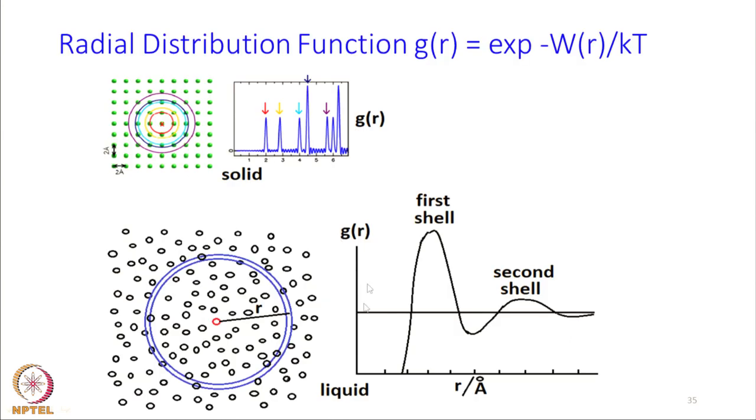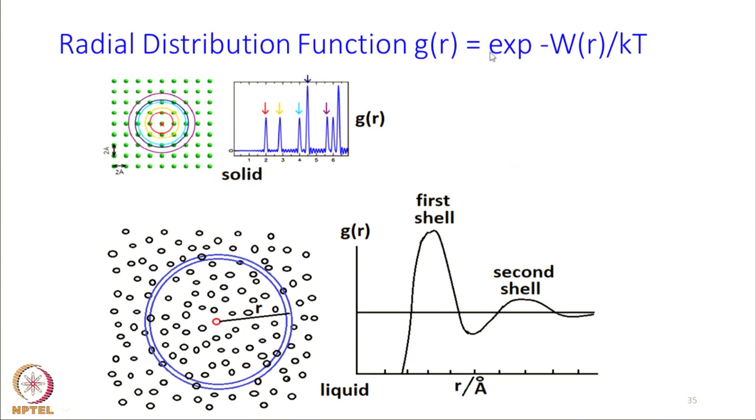Now the same thing is explained here. This is g(r) for several systems. If it is a solid, you will see that around a solid, there are particles at some points and no particle at some points. So, g(r) for a solid will be oscillatory like this, whereas for a liquid, g(r) is continuous because these molecules keep on moving all the time. So, there will be no place where there is no molecule. Therefore, for a liquid, g(r) is a continuous function, whereas for a solid, it is a discrete function like this.